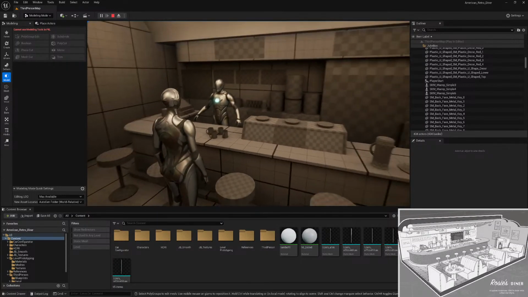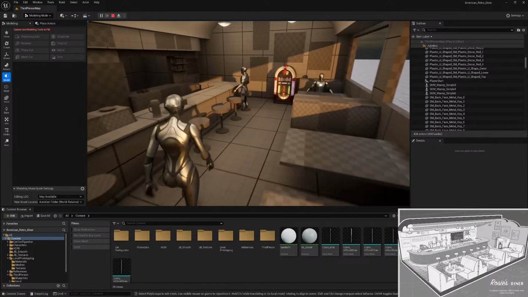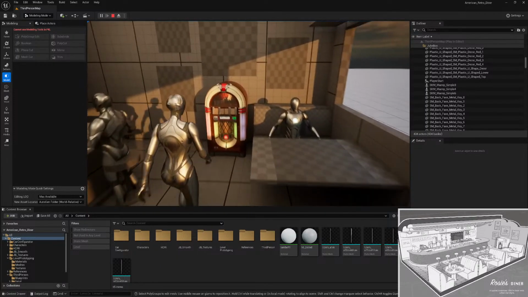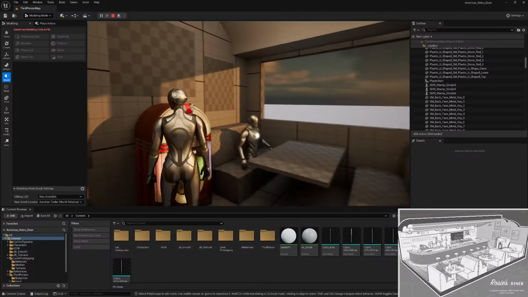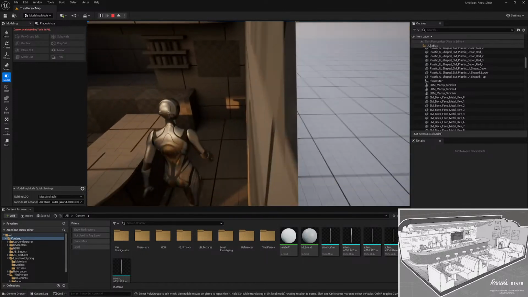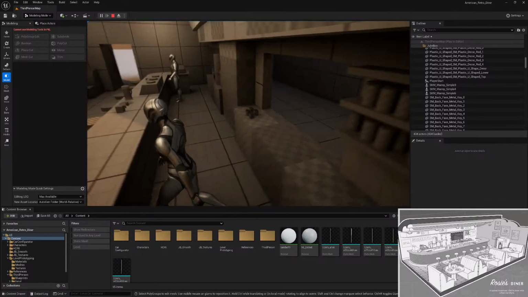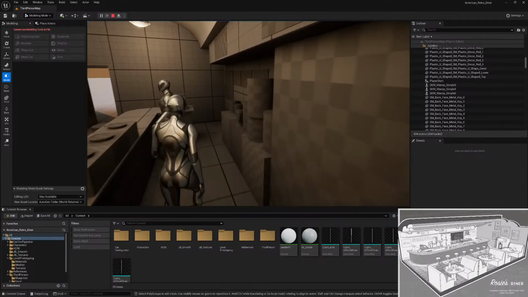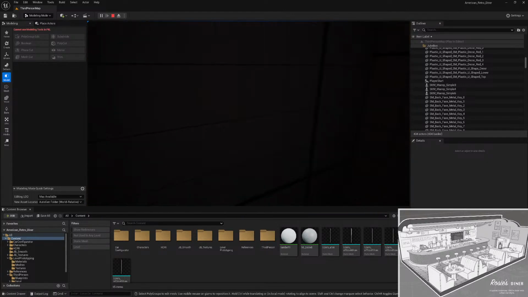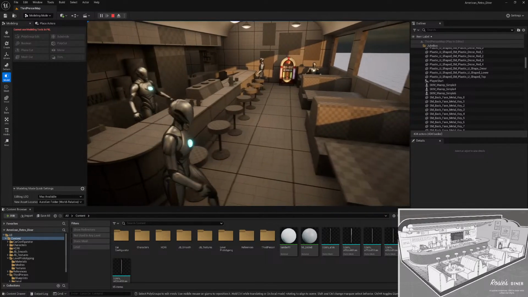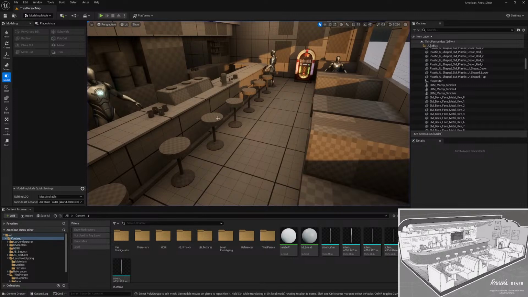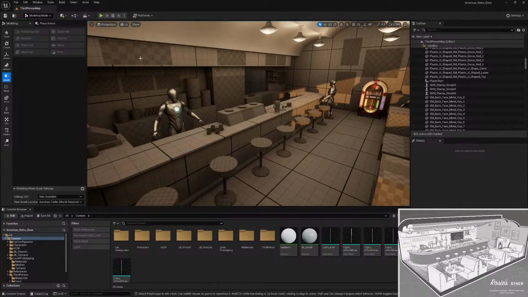I can actually hold that cup. I can actually play this jukebox. I can actually go around here. That's the most important. Just play around and see if the space feels right. Also very important, the camera placement of your character and stuff. It needs to be